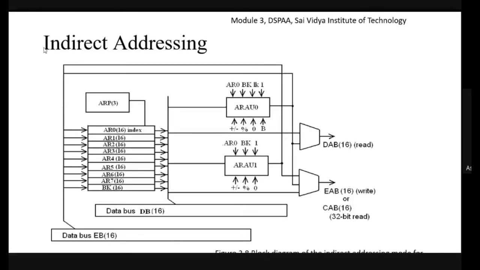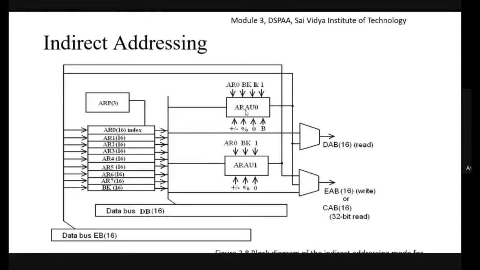This is the diagram of the indirect addressing mode. A modification of this addressing mode I will discuss today as the dual operand addressing mode. Here we have all the registers AR0 to AR7. In the dual memory operand addressing mode, we will not have all the registers. It is a replication of the same diagram with a little modification, for another addressing mode that I will discuss in today's classes. We discussed this yesterday.